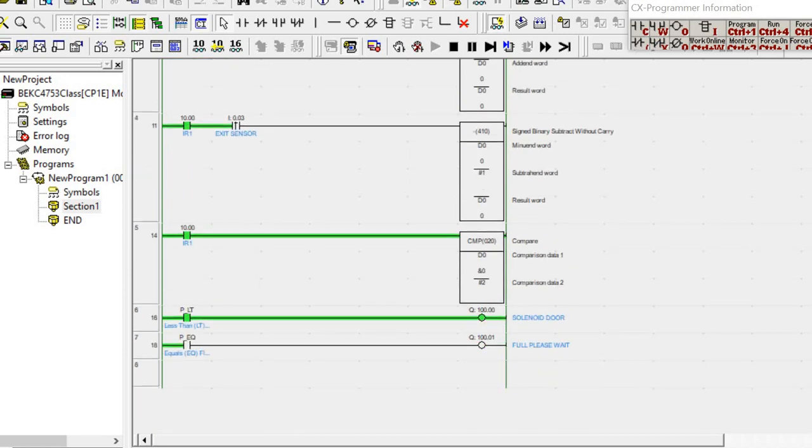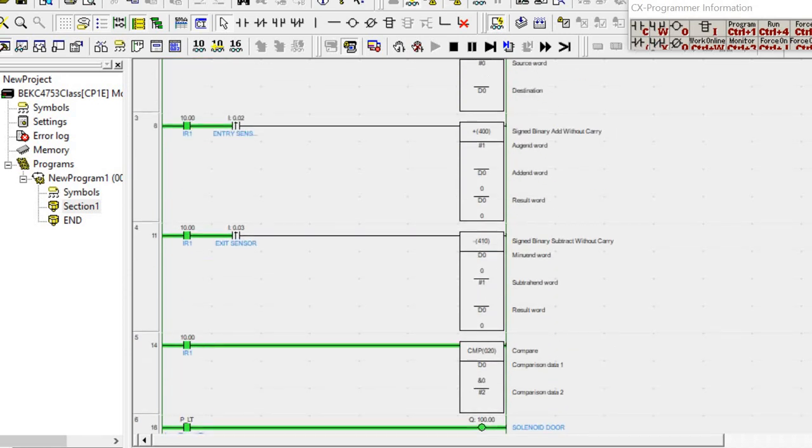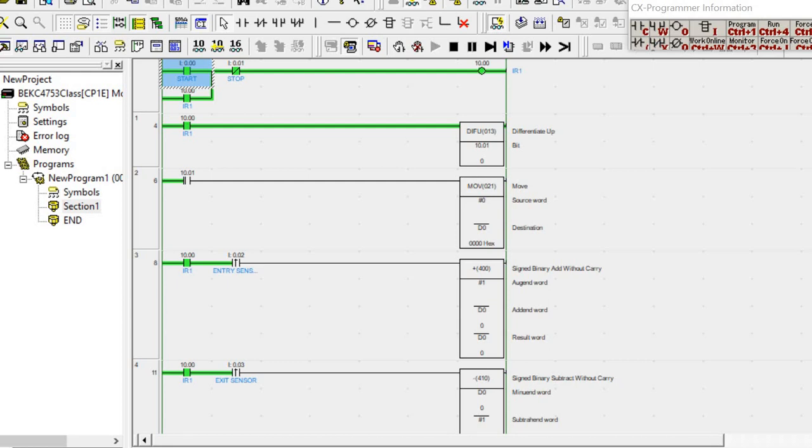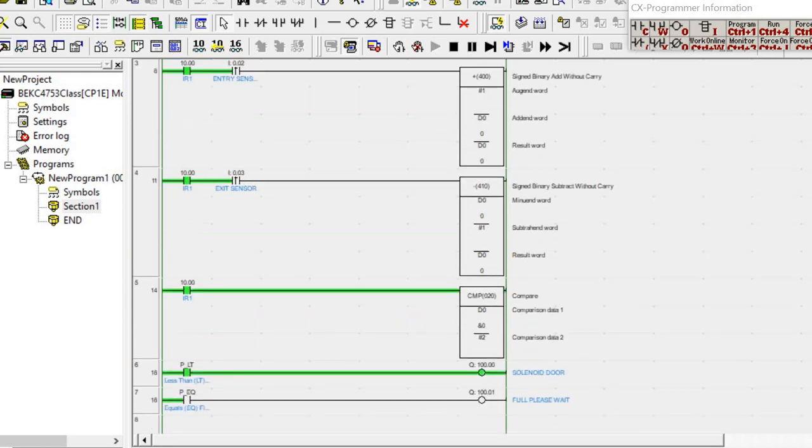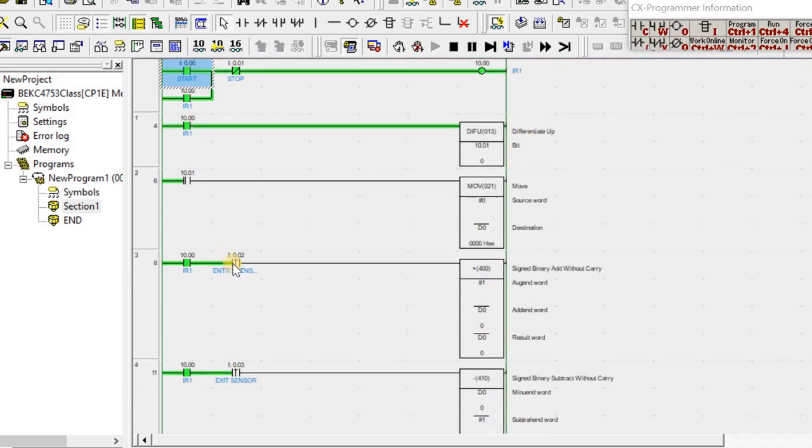comparison, and you can see that the solenoid door straight away unlocked because now it's 0, right? So that we are comparing to 10. So in this example, I just put 2 just to show you how the operation happens, okay? But the answer should be 10, okay? Hash here should be 10, okay? So we'll see that when we